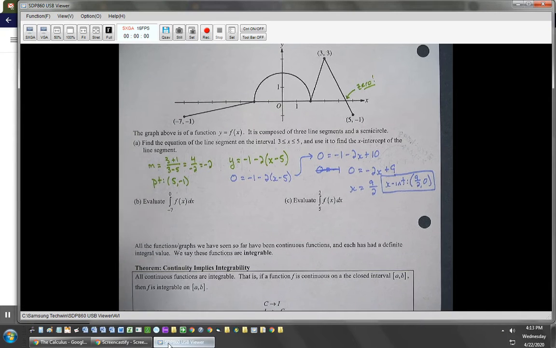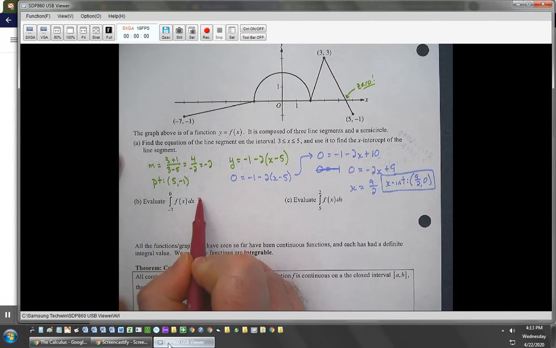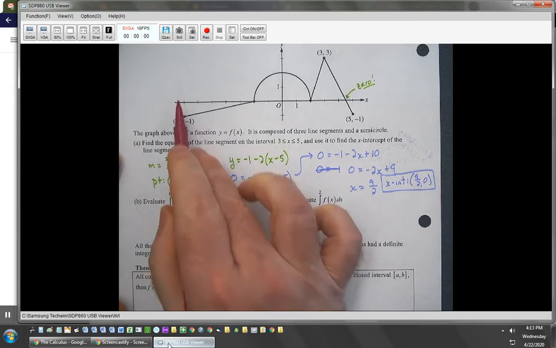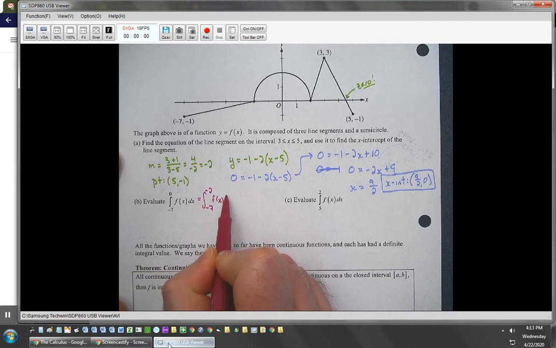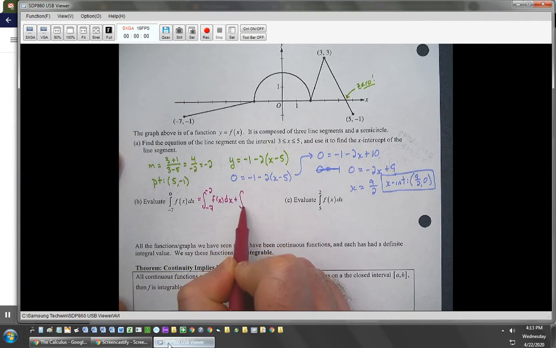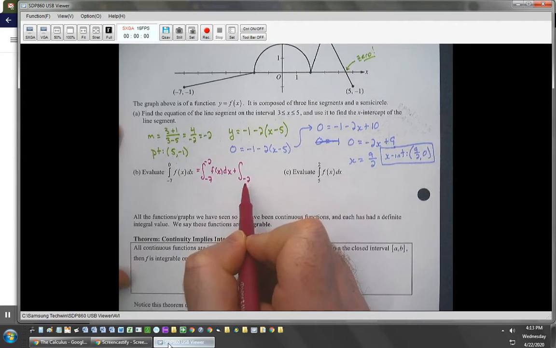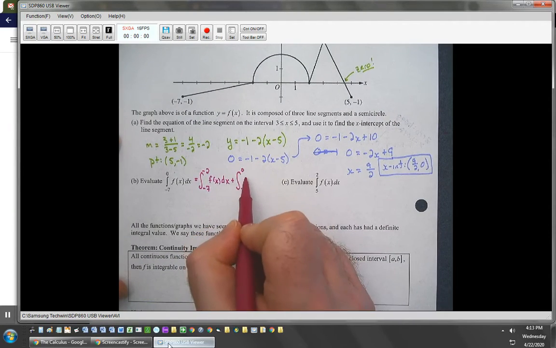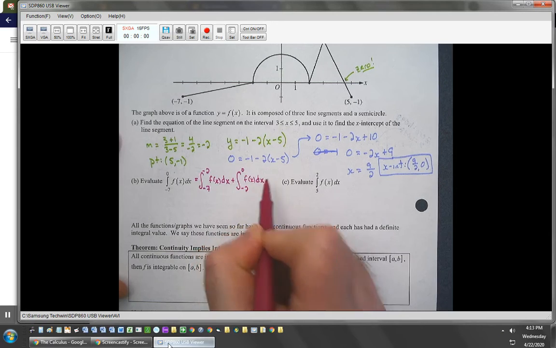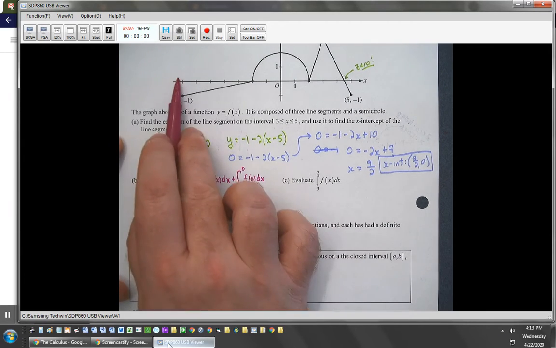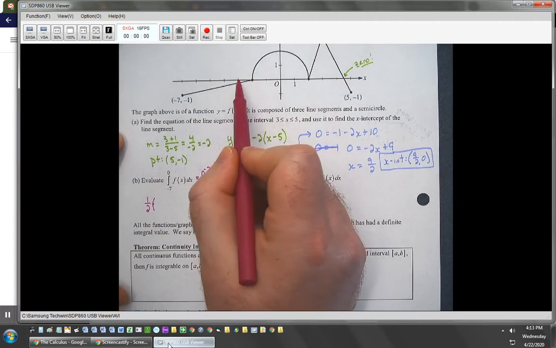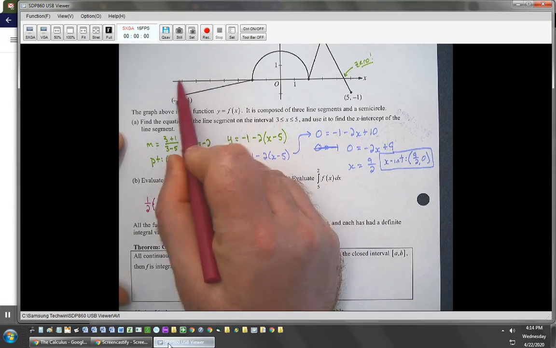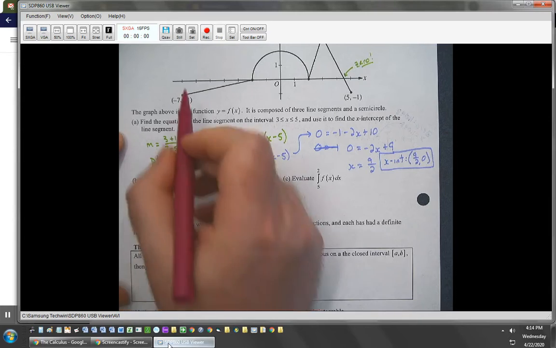All right, let's see how you did breaking them up. So this is the same as the integral from negative 7 to negative 2 of f of x dx plus the integral from negative 2 to 0 of f of x dx. This one's not too bad. I've got a triangle here, so my area formula for a triangle is 1/2 times the base. So the base is 1, 2, 3, 4, 5 times the height, which is 1,